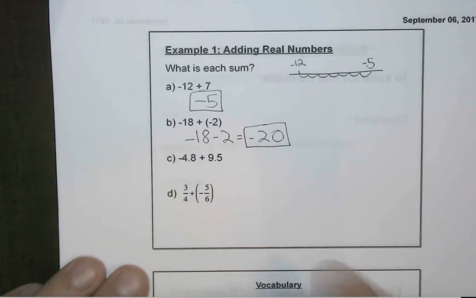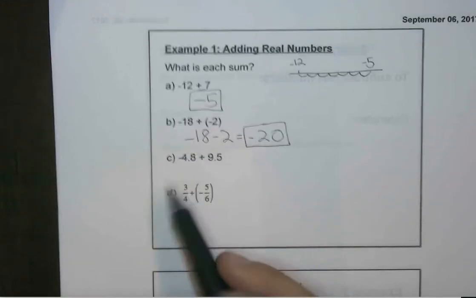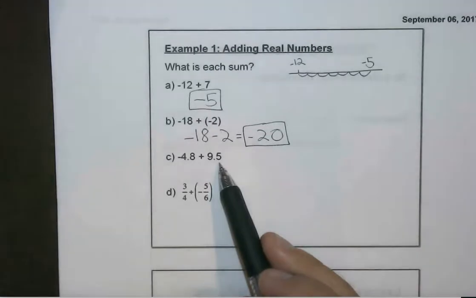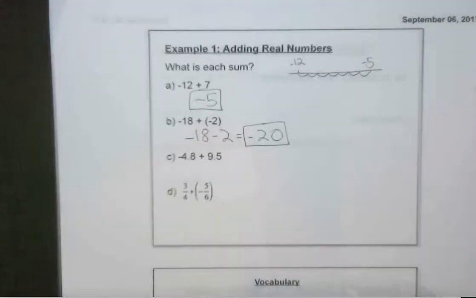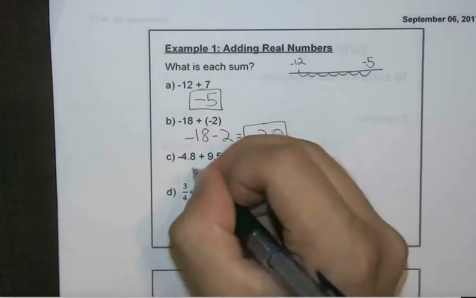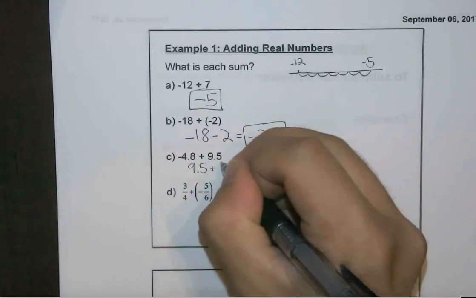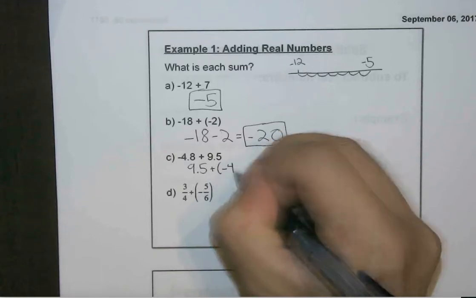This one's a little tricky with decimals, so if you need to use a calculator for this, you can, but I'll show you both ways. So we have -4.8 and we're adding on 9.5. One way to approach this is by rewriting it. I always try to have negative numbers on that inner part. So if you wanted to rewrite this as 9.5 and you're adding -4.8,